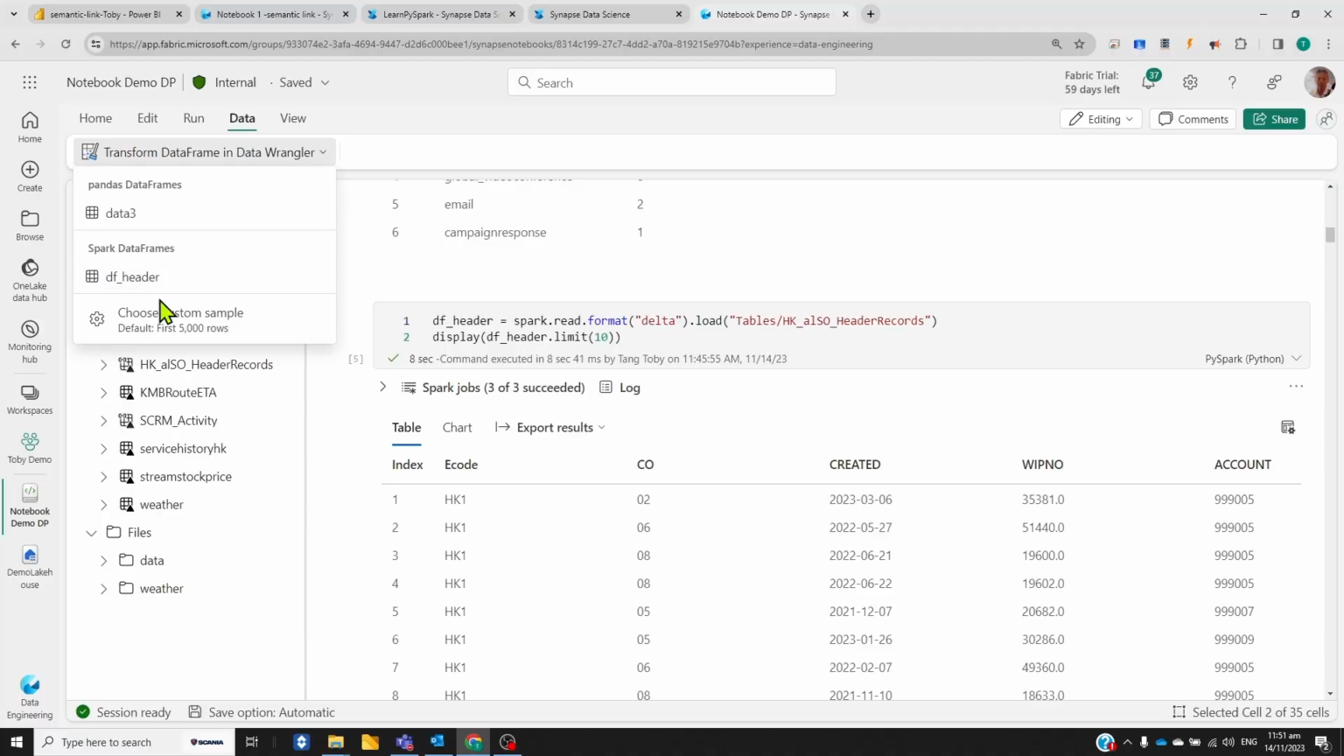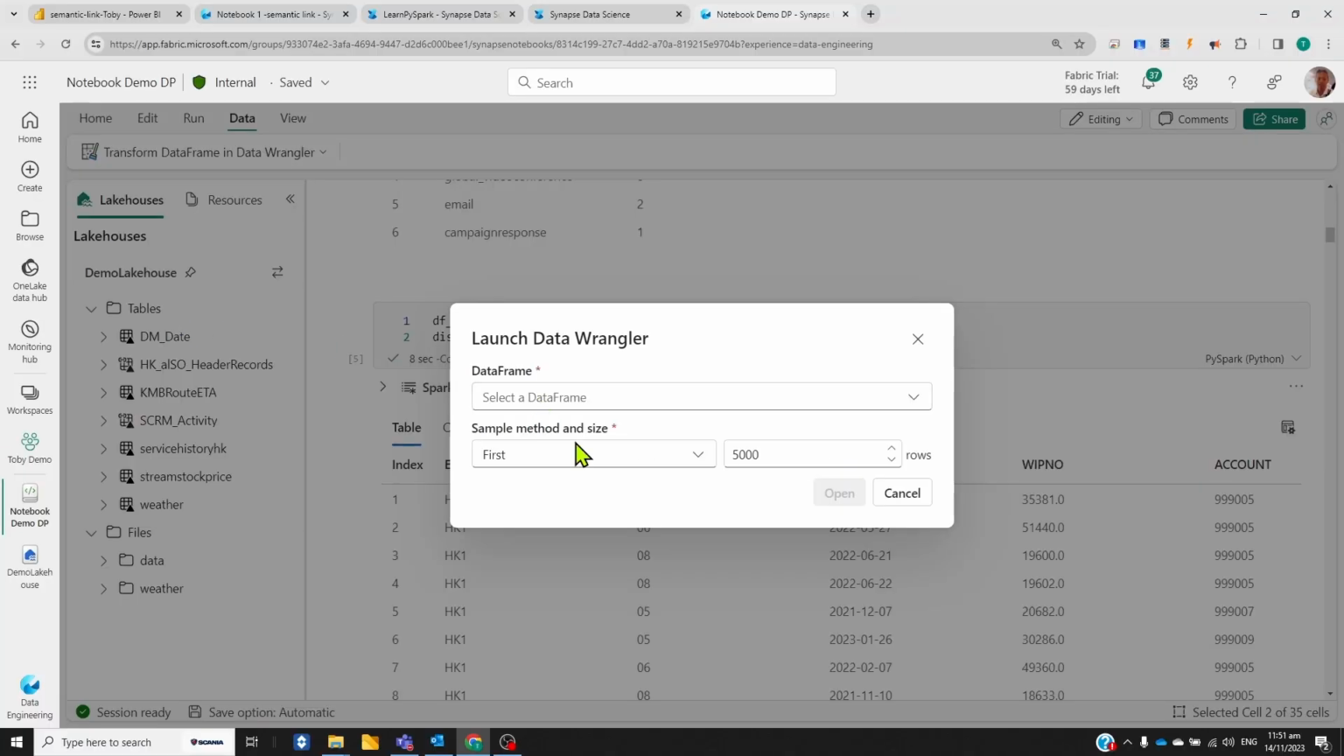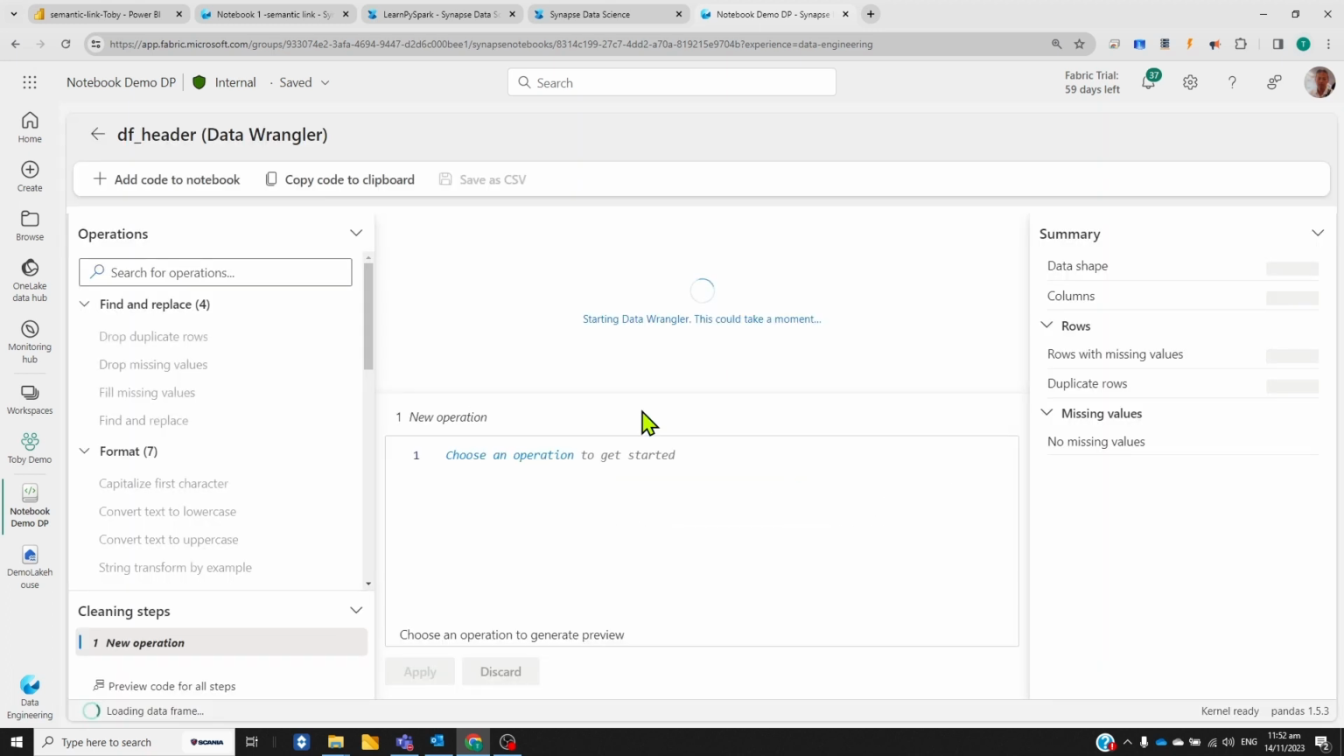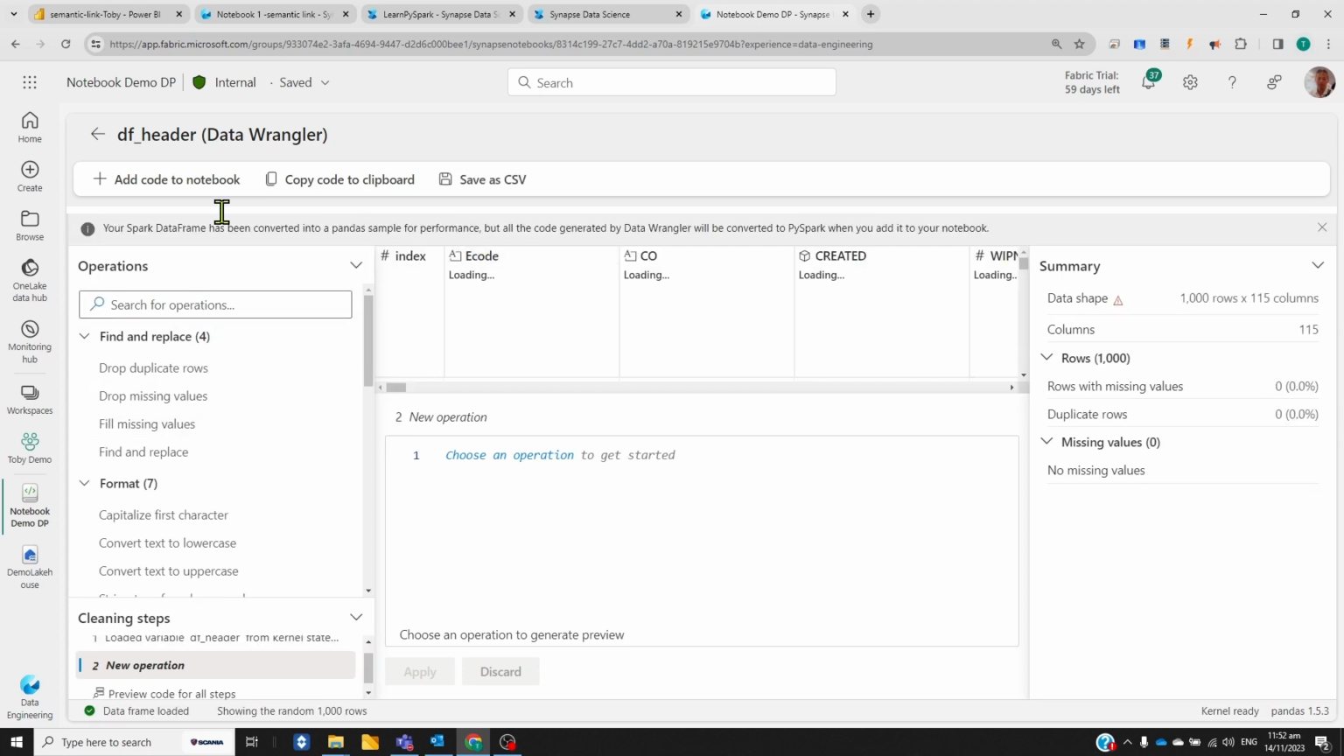So I choose this one, but before I choose this one, I can just randomly sample it. From this data frame, I just want 1,000 records. So this one, I want to load it, and then based on that, I see what's inside this table. So it loads up the Data Wrangler, loads up this data frame, and then you can see that, okay, it has